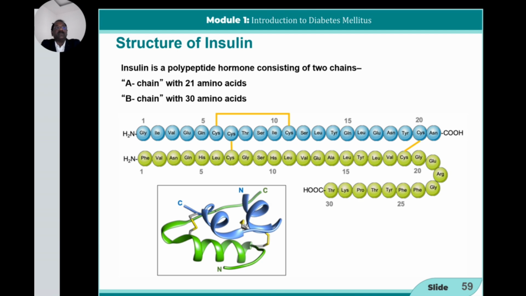And see the numbers. These are glycoproteins: glycine, valine, glutamine, cysteine, lysine, proline, etc. They have given different numbers and different names to these residues. So what happens in our designer insulins? Have you heard of NovoRapid, Aspart, Glulisine? They are very rapid acting insulins. You need not wait 20 or 30 minutes before the food, like with your Actrapids or human insulin